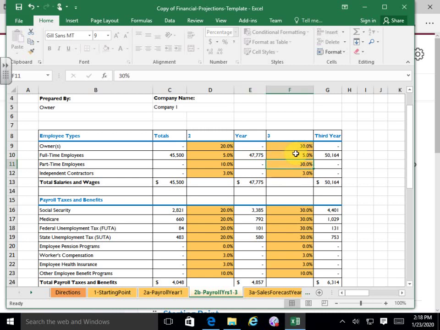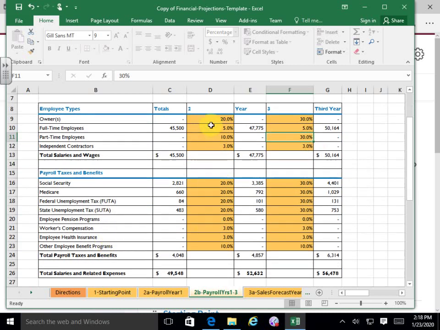Okay. Now the problem with it, and the way they have this calculation in here, this is going to go up 5%, but they're still estimating that your Social Security and stuff's all going to go up 20%. So we got to match that up. So if I'm going to do 5% up there, I got to do 5% down here. Okay. This represents the increases for all of those over the prior year, over year one. So same thing, I'd have to change all these to 5%. And in these ones, this gets kind of mind-boggling sometimes, but you don't have to enter it as 0.05. You can just put in the 5 and it converts it to 5%.